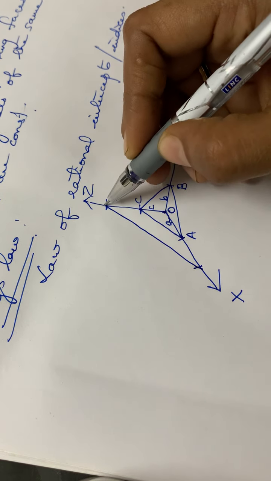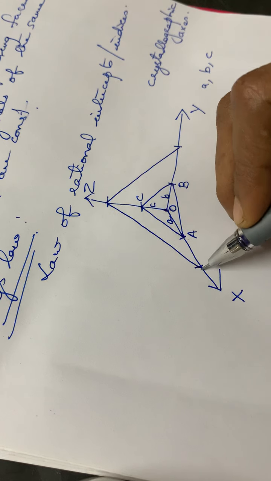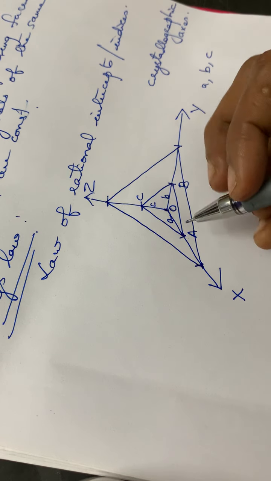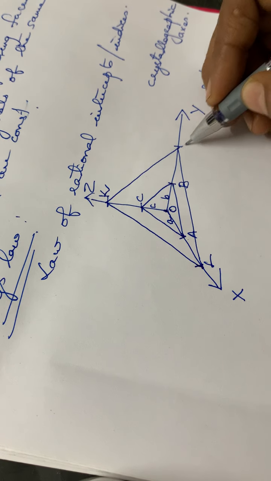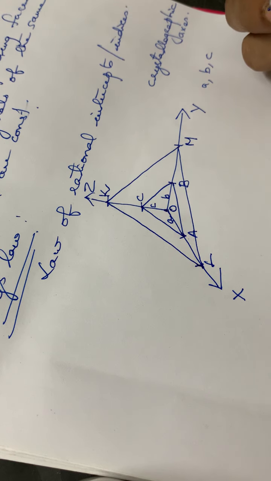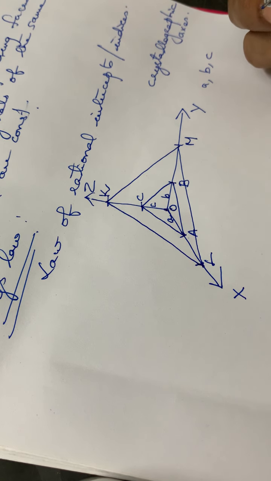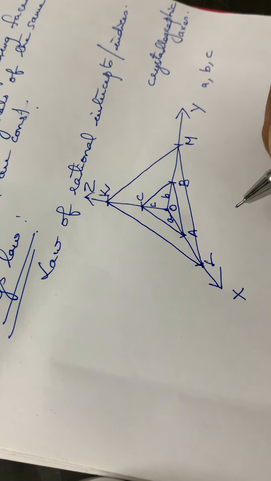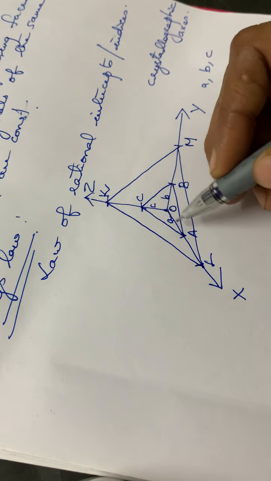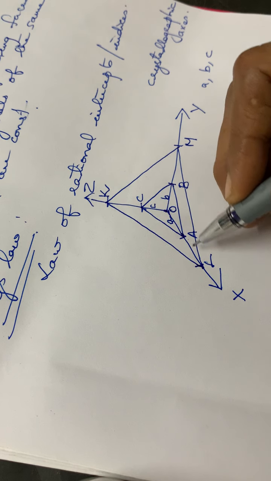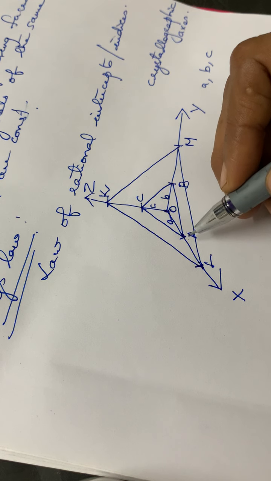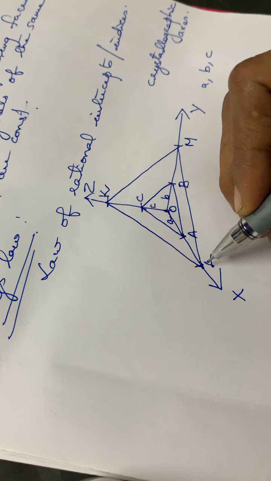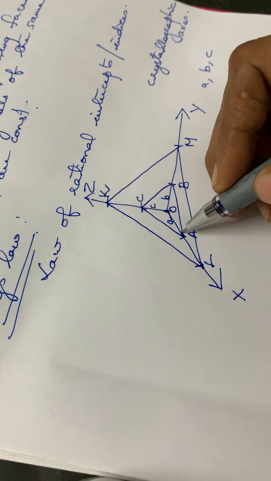Then again we can draw a triangle like this, and let this triangle be K, L and M. So according to this law of rational indices, the intercepts of any face of a crystal, this is one intercept, isn't it? OA is one intercept and OL is another intercept, isn't it? So the intercepts of any face of a crystal along the crystallographic axes are either equal to the unit intercepts a